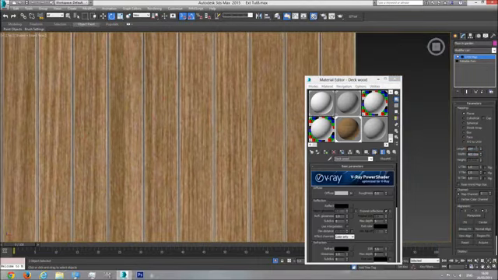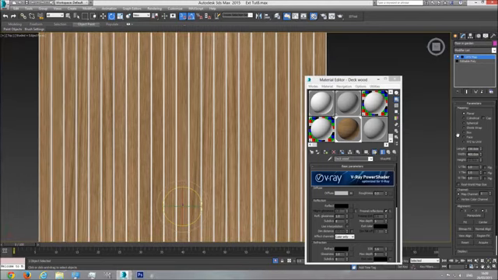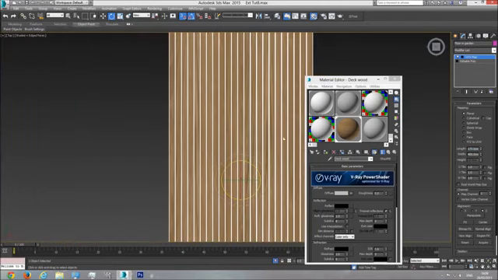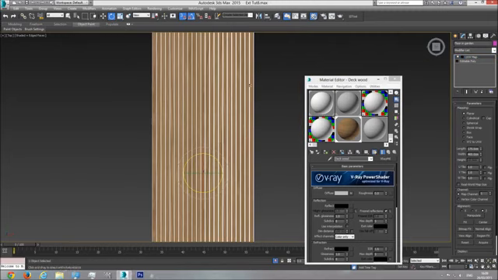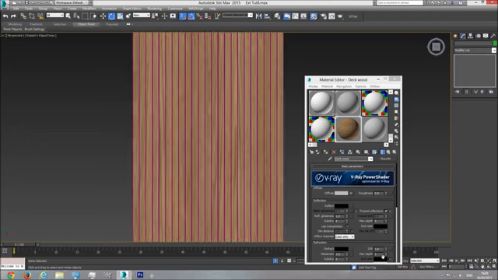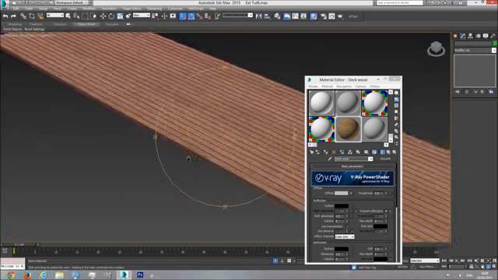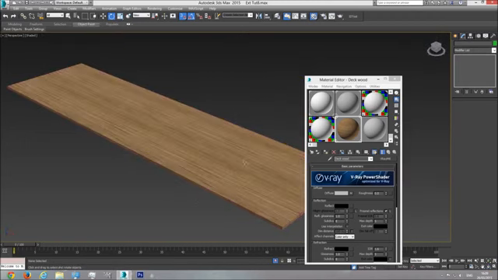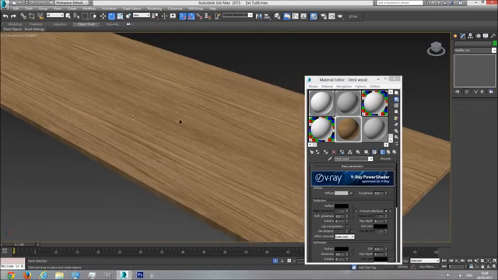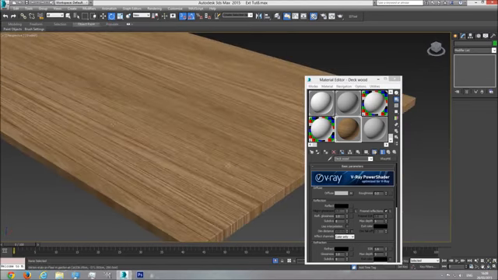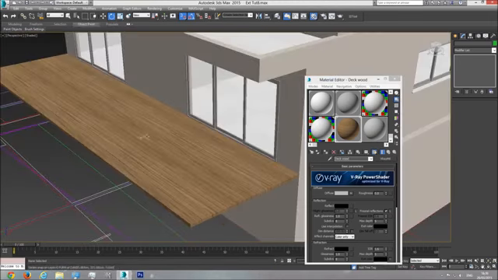Maybe 150, 175 over 400. I'm going to hit it again so I can deselect the object. Let's go to Perspective Viewport and see what we have here. Okay, so it's aligned pretty good on our planks. I'm going to unisolate everything else,